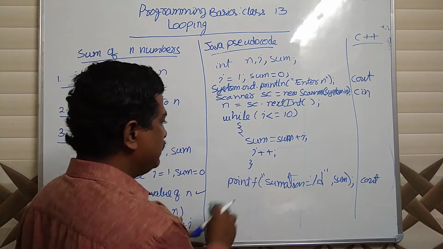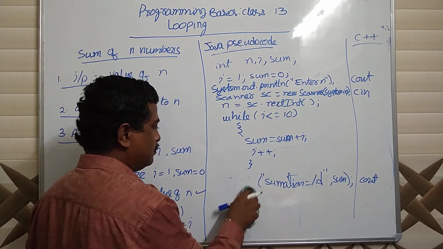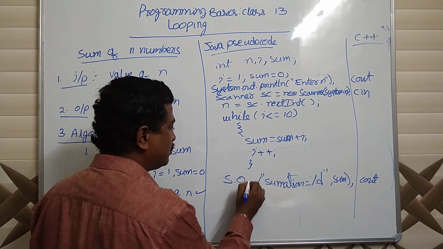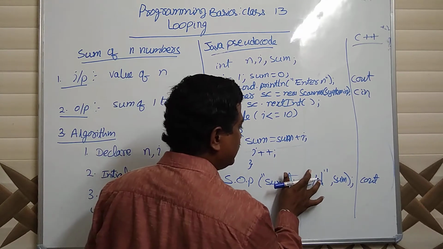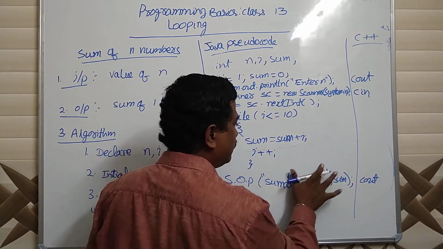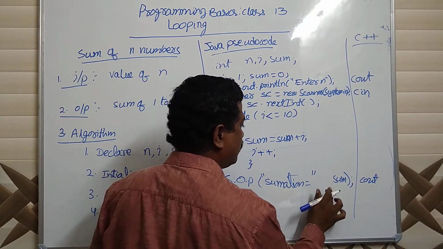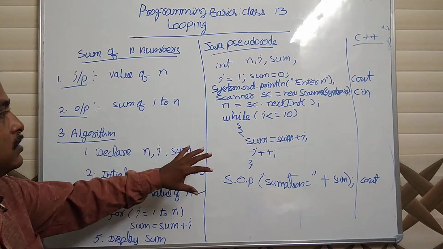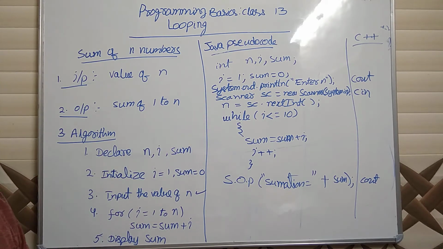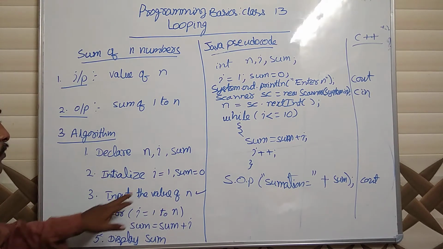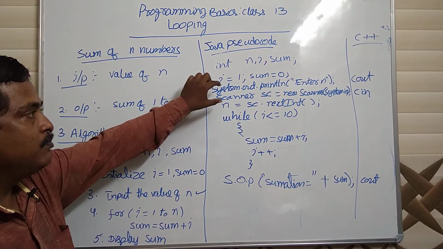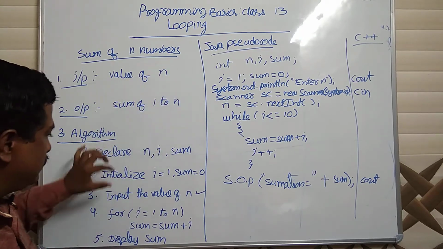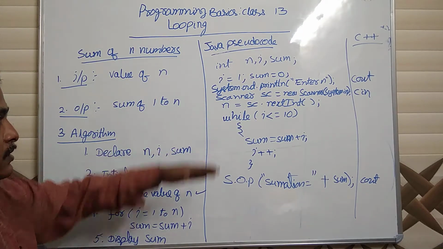After that, again here, in place of printf, it will be SOP, System.out.println. %d will not be there. In place of comma, plus will be there. That's it. Now the total code is converted to Java code. Okay, only input will be changed. C input is different, C++ input is different, Java input is different. That's the change. Other things are as they are.